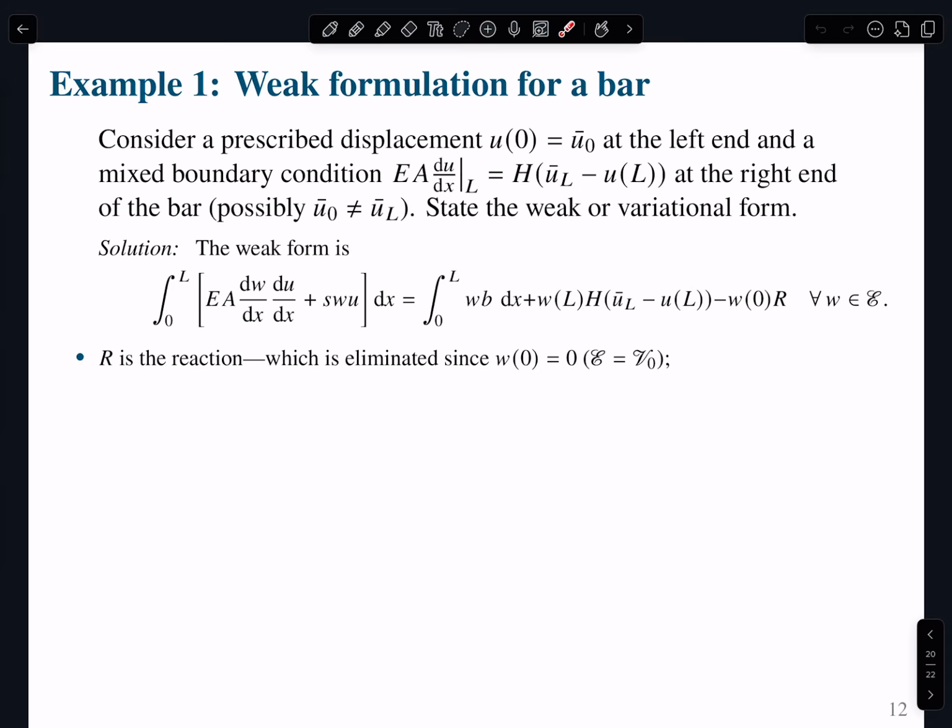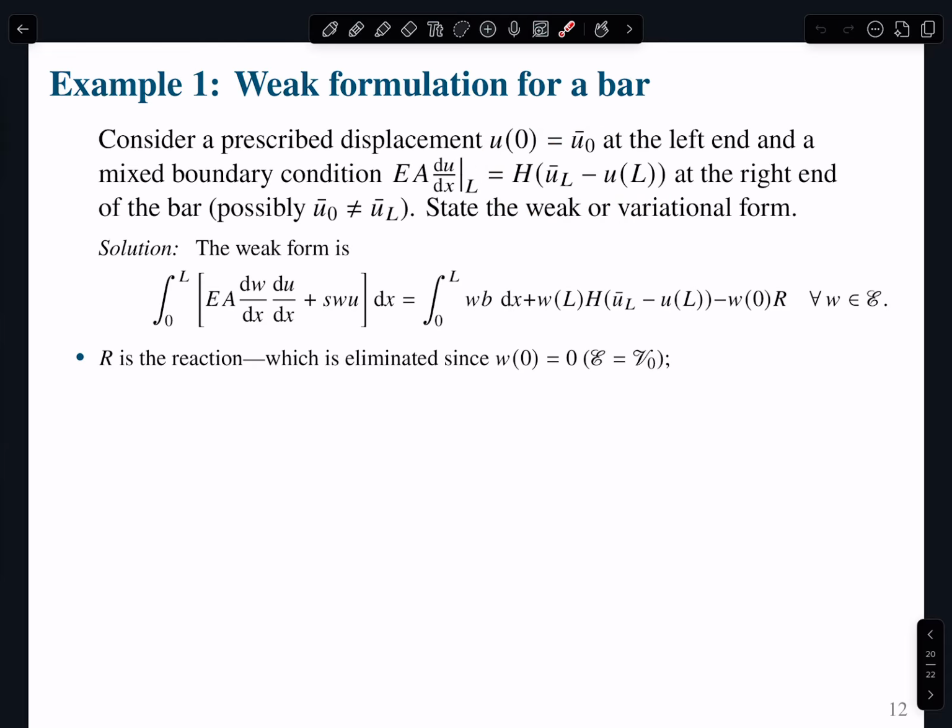So what do we do? Well, now we are going to write the expression, the weak form. And for a Robin boundary condition, there is essentially this term that pops up. And then recall that we have the reaction on the left. So this is exactly the same equation we had before. It's just that now we're dealing with this Robin boundary condition, right? So you have this term that has to be accounted for. When you integrate by parts, you have the expression for the boundary terms. So you just basically replace that by this, and that is what you have here, right?